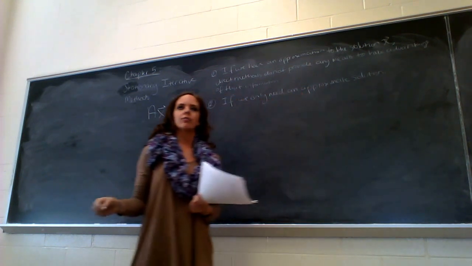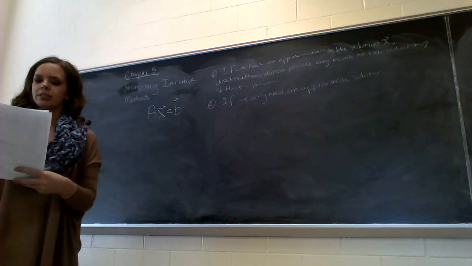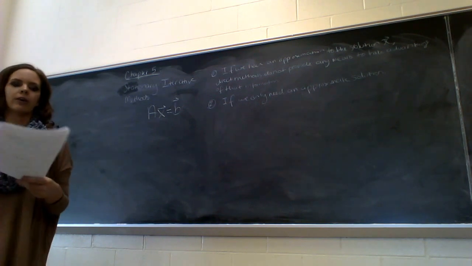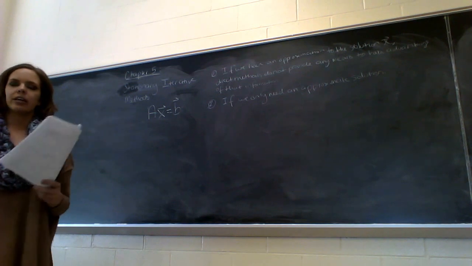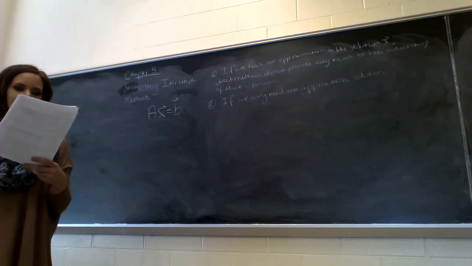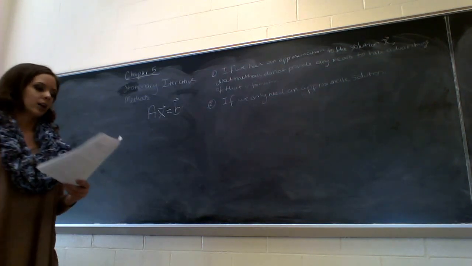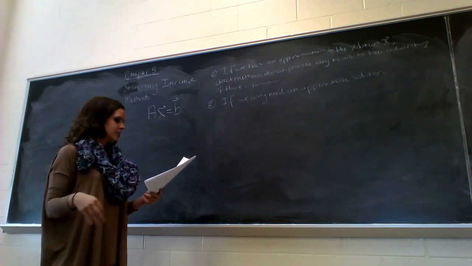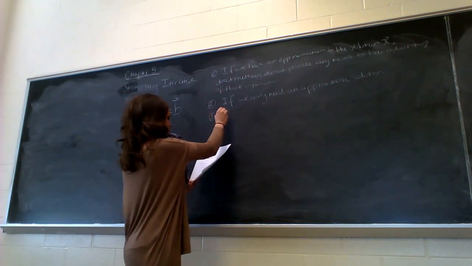Direct methods are going to give you the exact solution, because there are no intermediate solutions, of course, with round-off error or other types of error that are accumulated, but you can't just get an approximate solution. You have to go through the whole process to get your exact solution. It's not possible to terminate the algorithm for a direct method to get such an approximation. So thirdly,